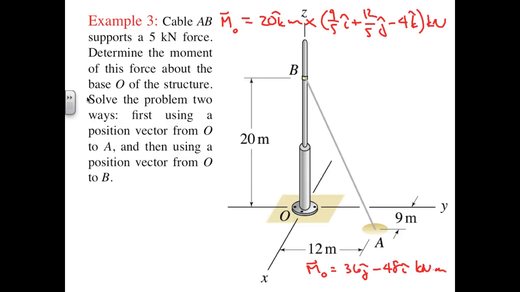And we'll again have 5 goes into 24 times, so we're going to have a 36 K cross I, and then a 48 K cross J kilonewton meters. And once again, using the fact that K cross I is equal to plus J and K cross J is equal to minus I, we're going to get this same result that we have down here,